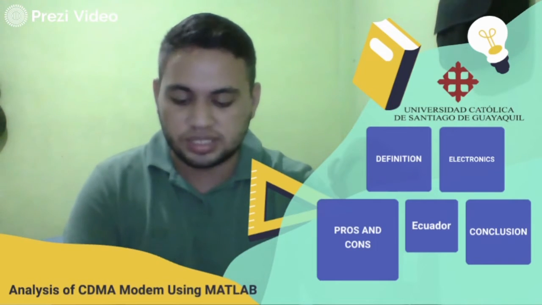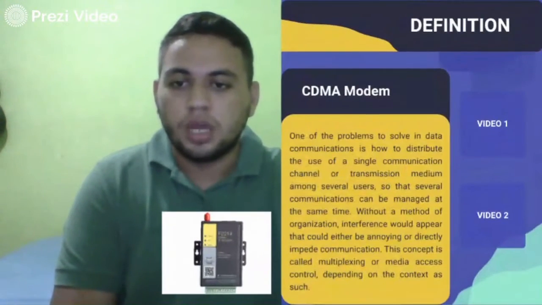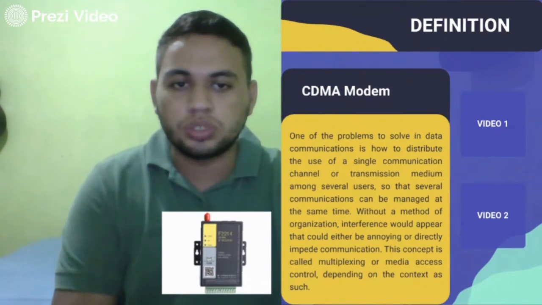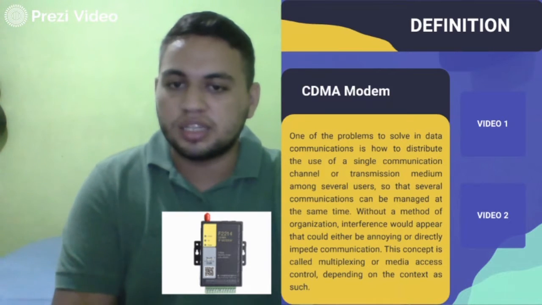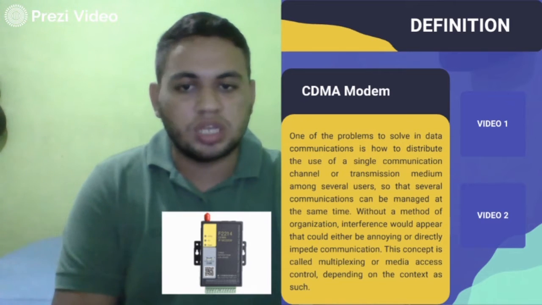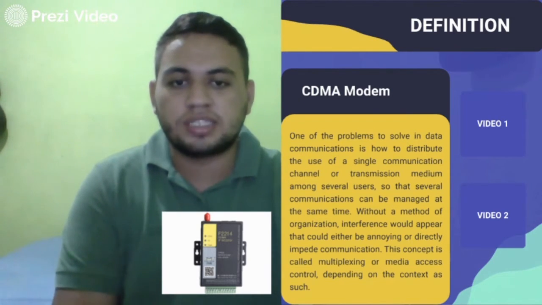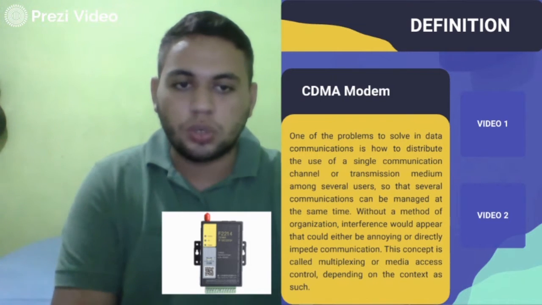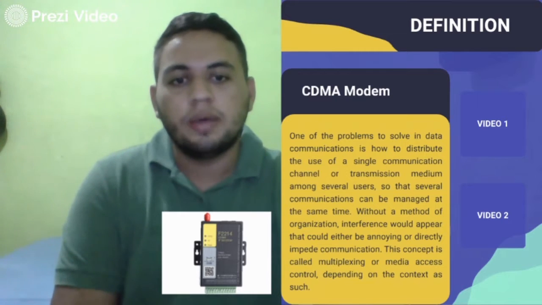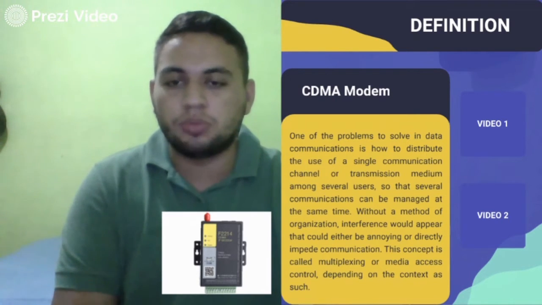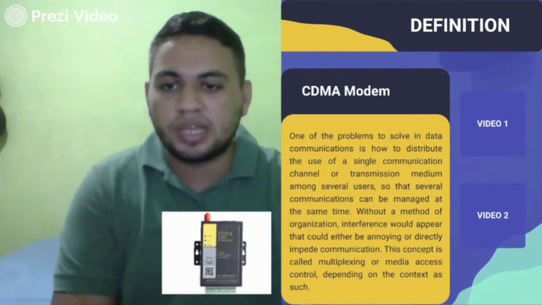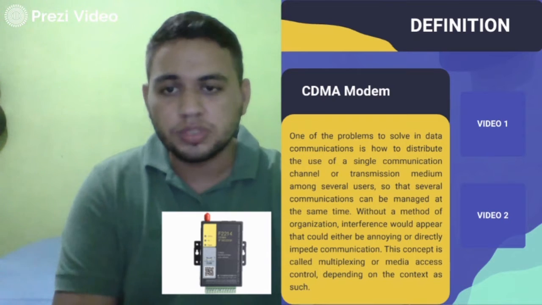or cable systems. Definition: the problem to solve in data communication is how to distribute the use of a single communication channel or transmission medium among several users, so that several communications can be managed at the same time. The method of organization in the past could either encourage or directly impede communication. This concept is called multiplexing or media access control, depending on the context. To solve this,